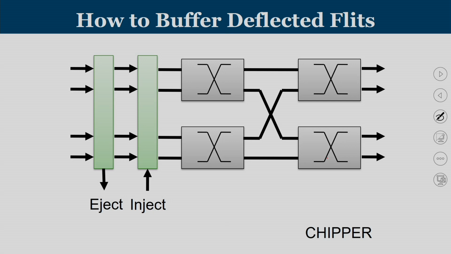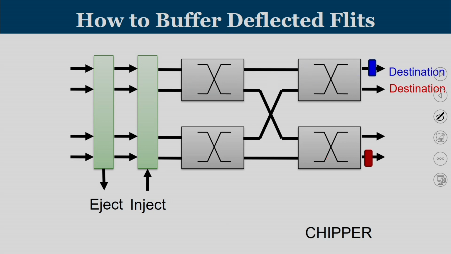Now, how to buffer deflected flits? Consider the diagram wherein you have the CHIPPER architecture. Let us say there are 2 flits, a red flit and a blue flit. The destinations of red and blue are already shown. Now, assume that the red flit got deflected in the first arbiter and the blue is going to get